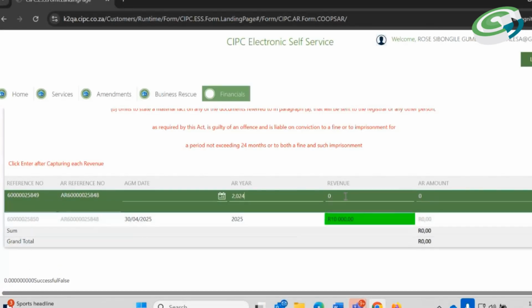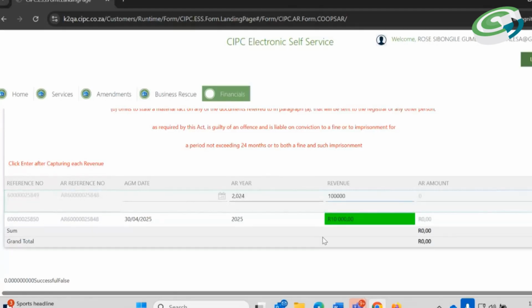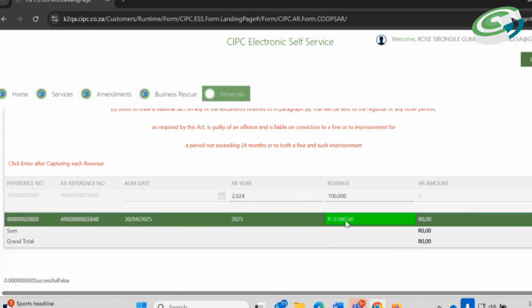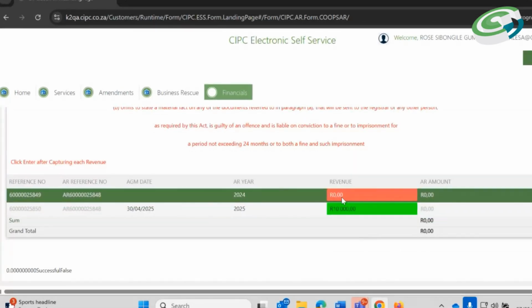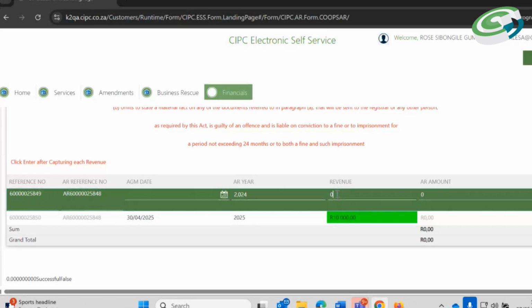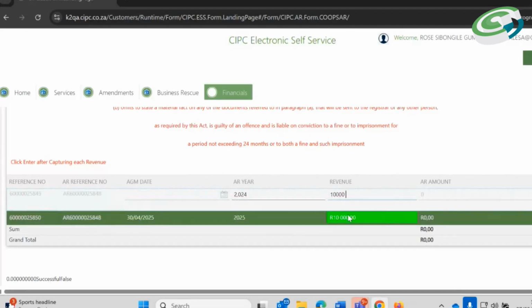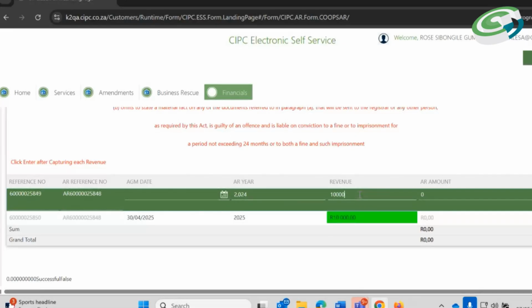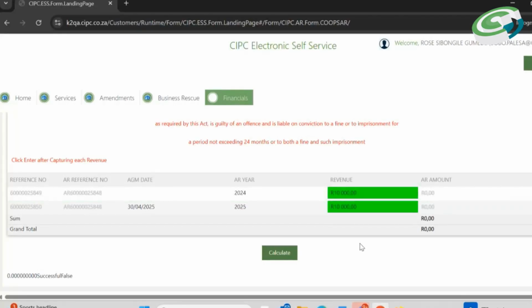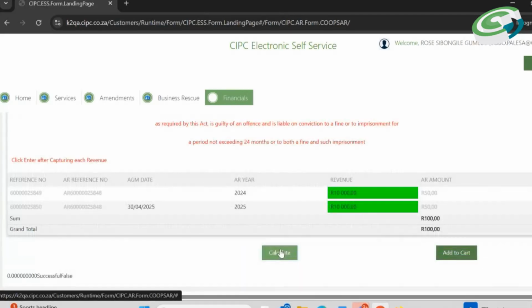You'll have to double click on the red space, then capture the amount without the R. After capturing the amount, you just click enter, then thereafter you'll go to calculate. The system will then give you the amount that is due for payment.